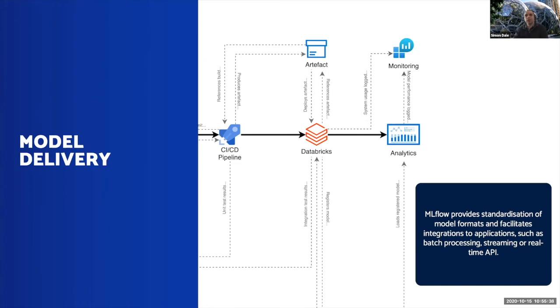You can have streaming use cases where data is being processed in a continuous stream, or even a real-time API where a user's interacting with your website directly. And you need to be able to serve them a response almost immediately. So there'll be a number of different stages to move through. So the feature extraction, the scoring of the data with the model, and then surfacing the results back to the application. And MLflow can provide some of its own guardrails here.